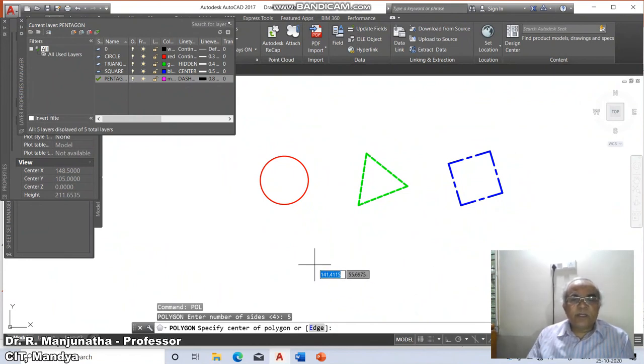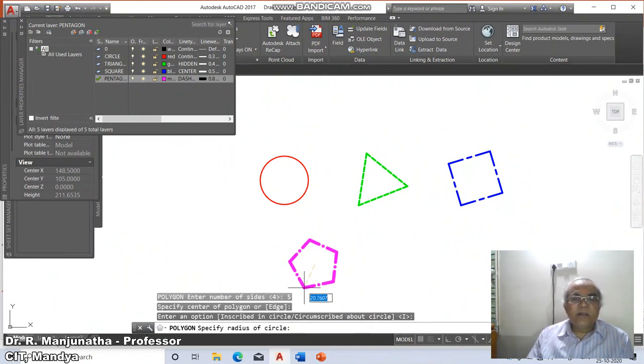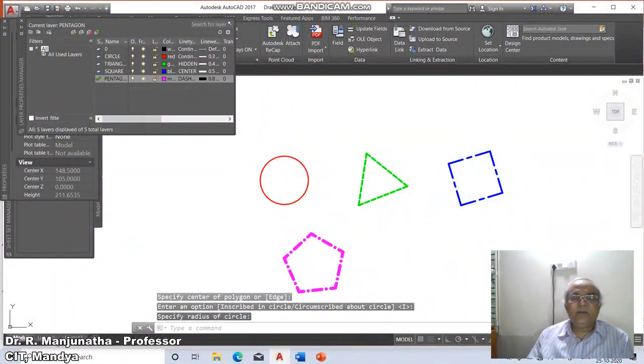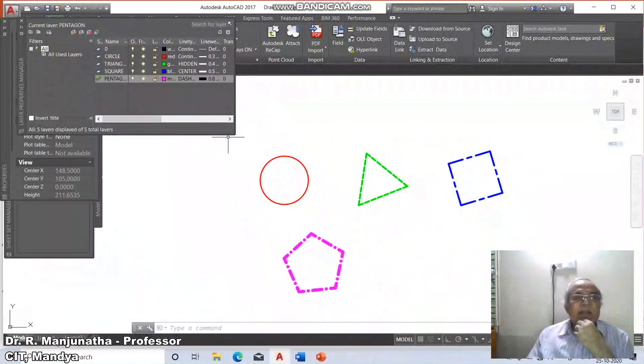The center of the polygon is this and inscribed. Then you can see the dash dot line can be written here. So this is how we will be able to create this. This is 0.8, so the line width is 0.8, and it is dash dot. And then the magenta color. So this is how you will be able to do it.